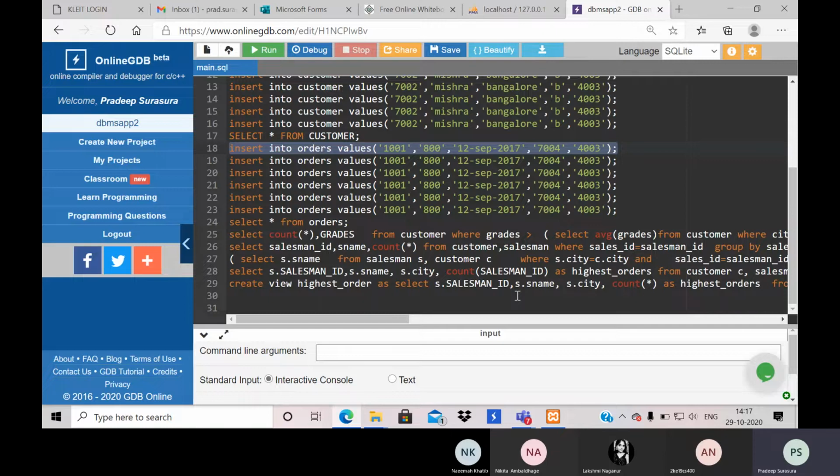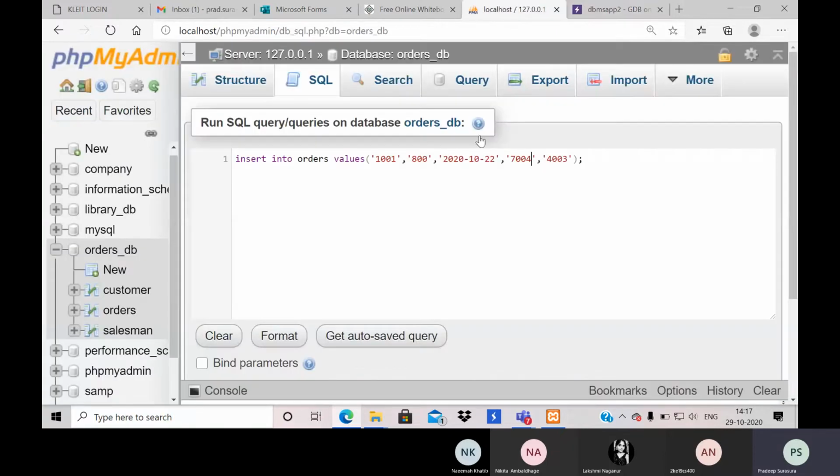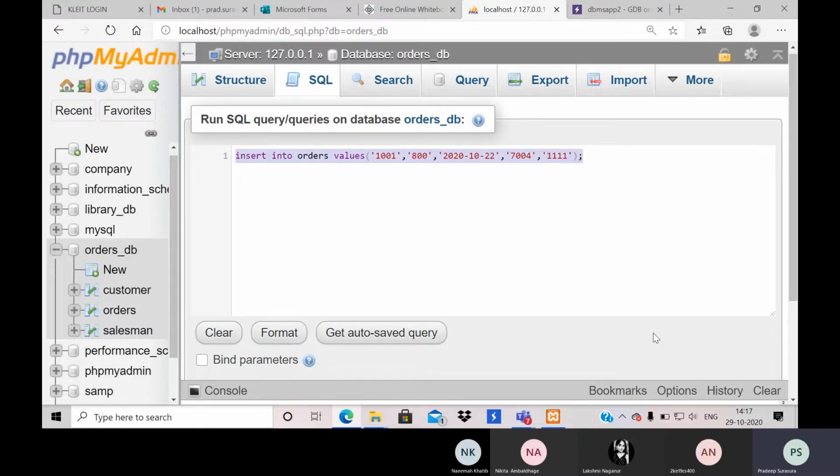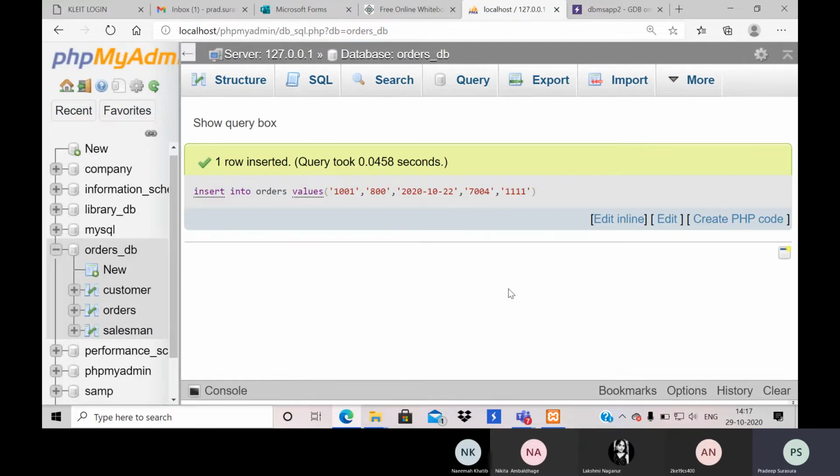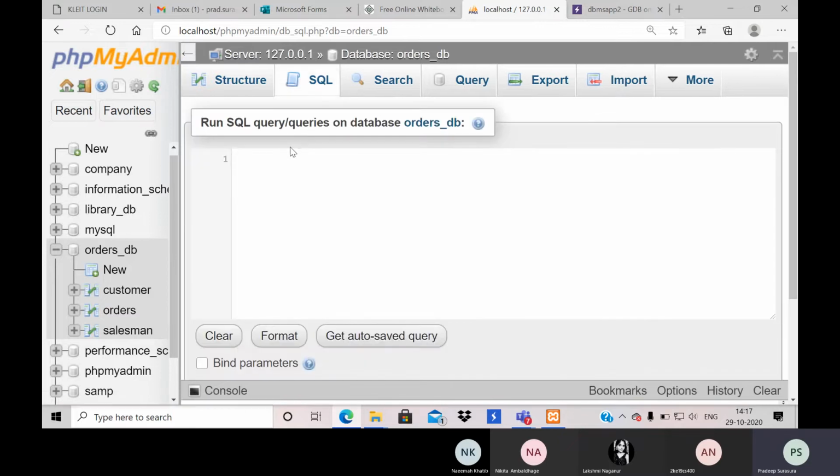First is customer, then is the salesman ID. So this should be triple one. Let us have four ones, and then just see how this goes. All right, so this successfully executed.